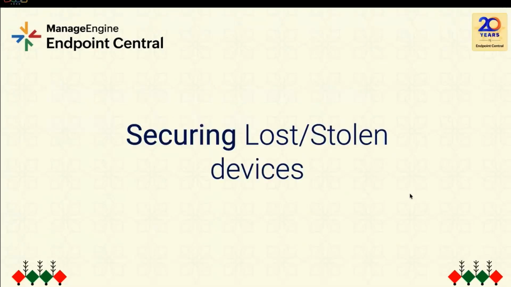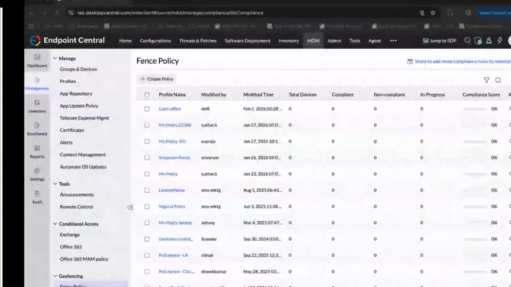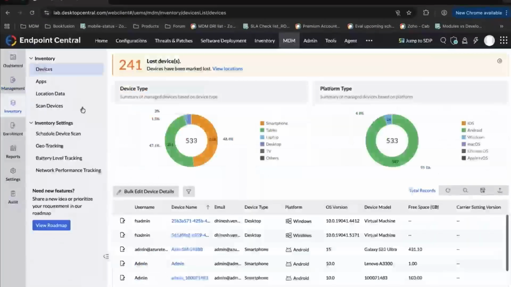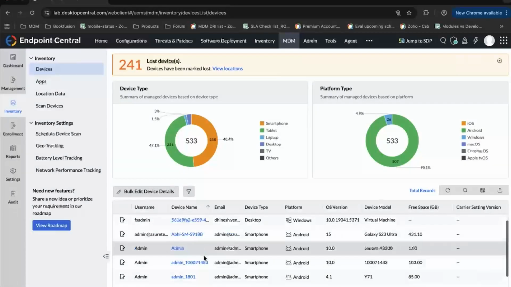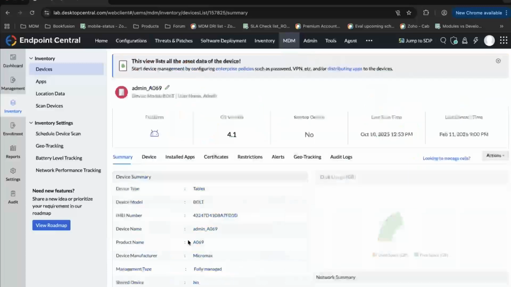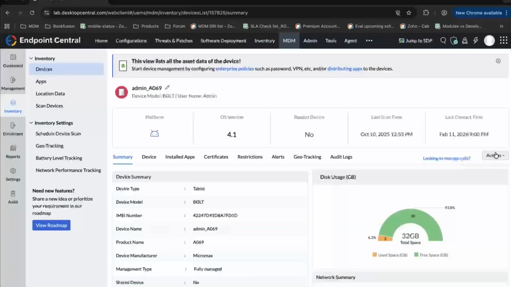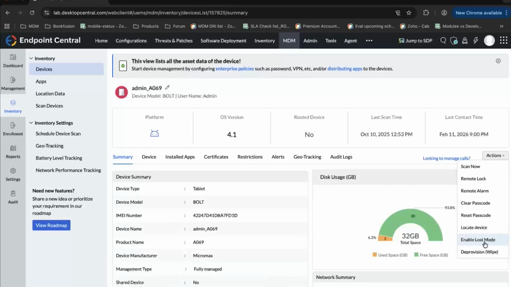So now we come to the loss mode, which is securing the devices that are lost or being stolen. You will find the loss mode option under MDM inventory. You can click on any specific device and under actions, you will find the loss mode here. Basically, enabling the loss mode will break down the device, meaning the device will be inaccessible to the end